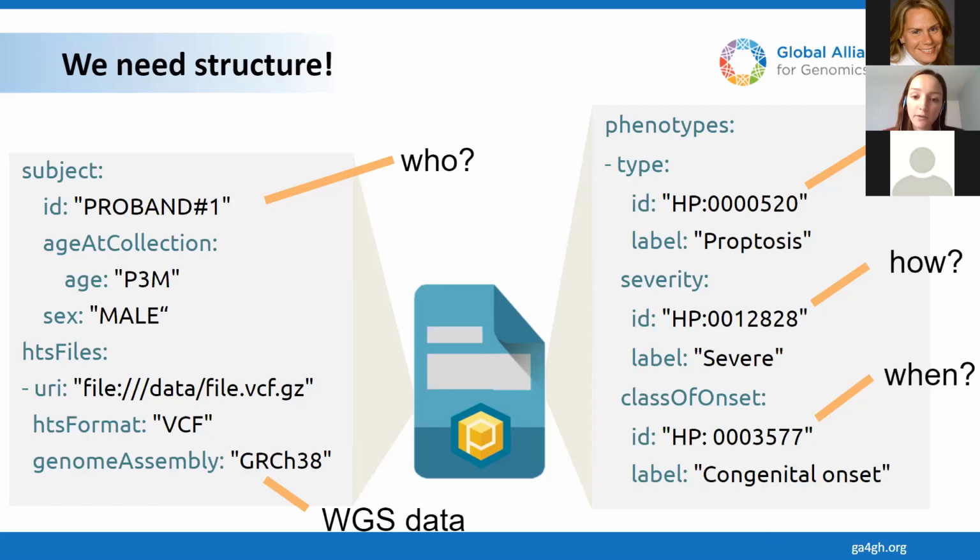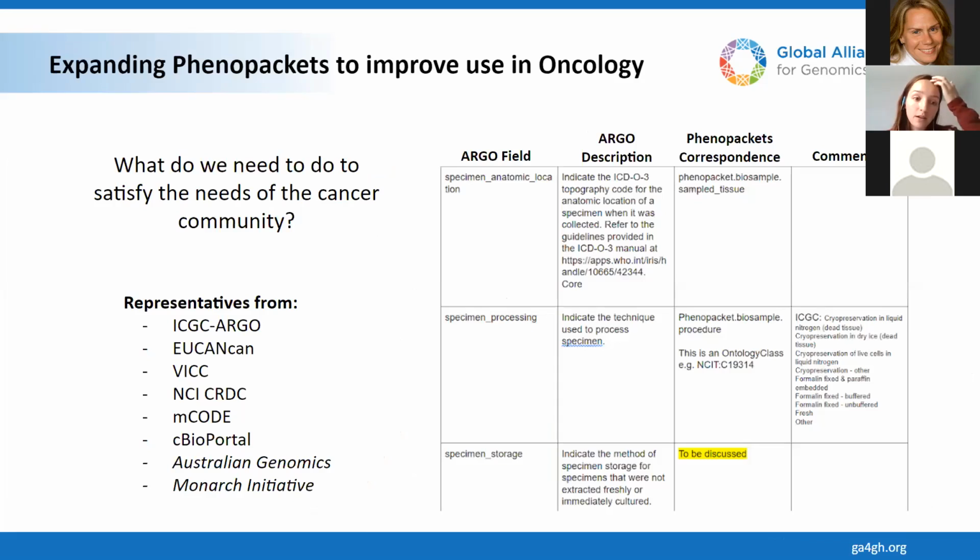And so we began asking the question, how can we make this more useful for oncology? Is there a format similar enough in intent to Phenopackets that we should just be using? Or what do we need to do to satisfy the needs of the cancer community? Combining phenotypic data in cancer is a bit of a Wild West. There's a number of different formats you can use. The primary one is probably ENCODE, and they've put a tremendous effort into a high quality and computable schema to describe phenotypic data for cancer, but it's a little more clinically focused,